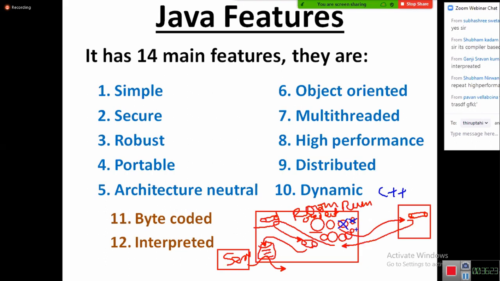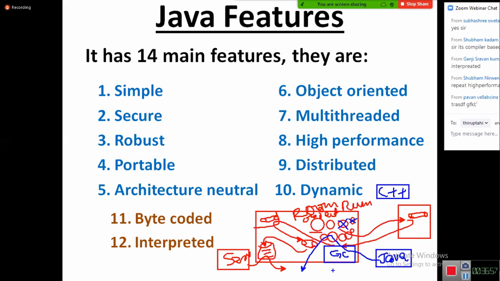In C++, it is your responsibility to create the objects and it is your responsibility to destroy them. But in Java, you are only responsible for creating the objects, and you need not destroy them. The JVM has a special component called the garbage collector. The garbage collector is responsible for destroying these objects.